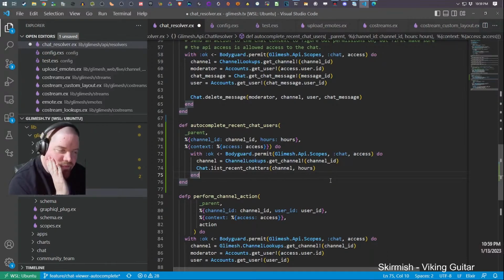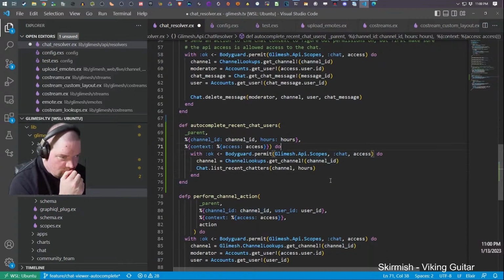I let them specify hours. I feel like that's, you know what? No, I'm not going to let them specify hours, because that could allow them to snoop more than I want them to. So we're just going to do that.